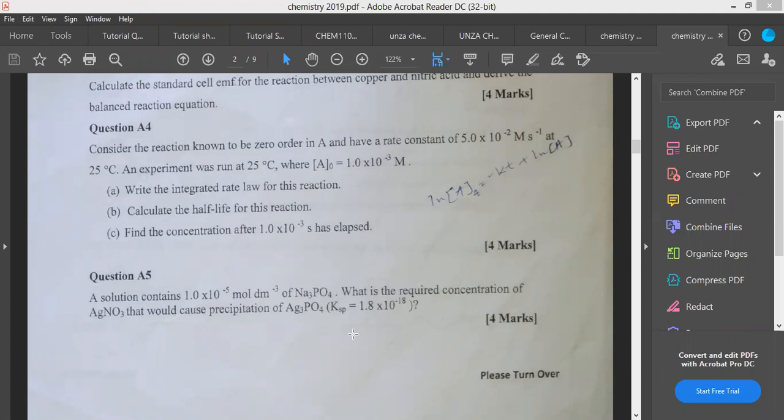Now, when you come up with an expression like the KSP expression, like the dissociation expression for the salt of interest, KSP is calculated at equilibrium, KB or Ka for acids are calculated at equilibrium. But then if we are to calculate at